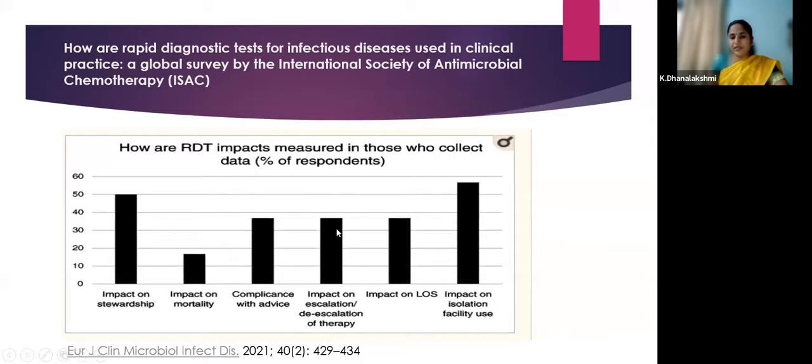So you see a child with meningoencephalitis, you send a meningoencephalitis panel, a multiplex PCR, and you pick up an HSV infection. Then we are able to stop the antibiotics and continue only the acyclovir. So it has a significant impact on escalation and de-escalation, and on length of stay. Based on whatever we are diagnosing, it is able to cut down the duration of hospital stay. So these are some of the advantages of rapid diagnostic testing.